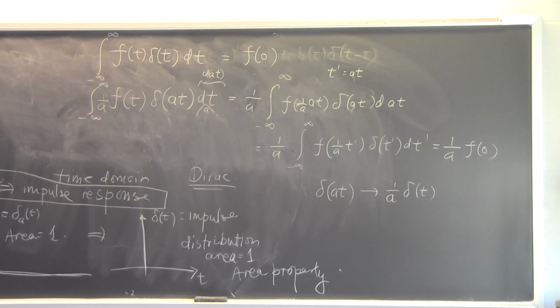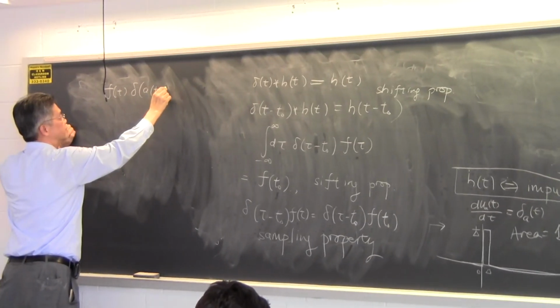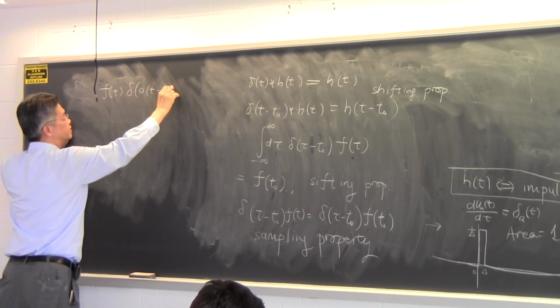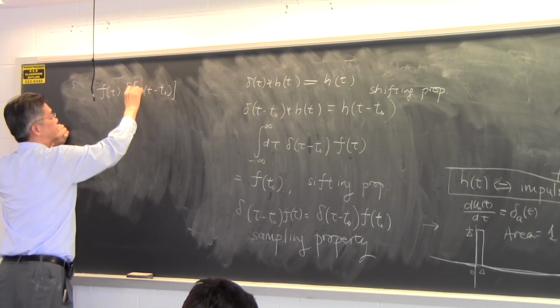So it might be a little bit trickier if I don't do this evaluation at a t minus tau, t minus t0, say. If I do it this way, then it would be a little